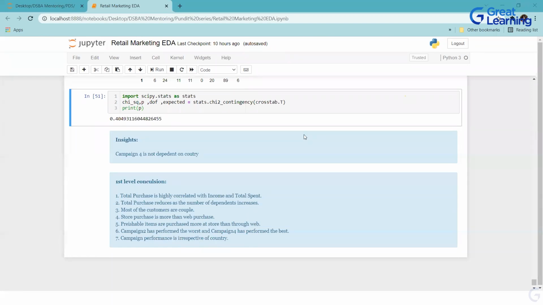What is this over here? You won't have equal to or not equal to in categorical, non-parametric tests. It is that it is following that assumption or it is not following that assumption. So the null hypothesis says that it is not dependent on country, and the alternate hypothesis says it is dependent on country.